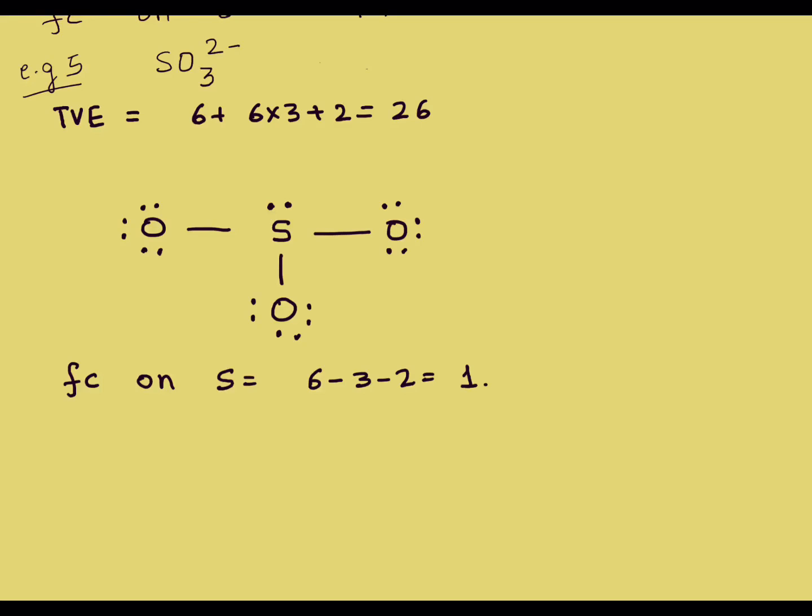What will be the formal charges on oxygen? Yes, we said a little while ago that if it's a single bond, we can directly know that the formal charge on each of the oxygen is -1. Whereas the formal charge on sulfur is +1, so -3 + 1 should give us a -2, which should be good to go, right? This structure, there's nothing wrong with this structure.